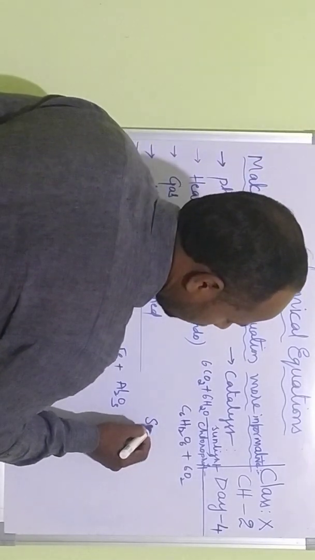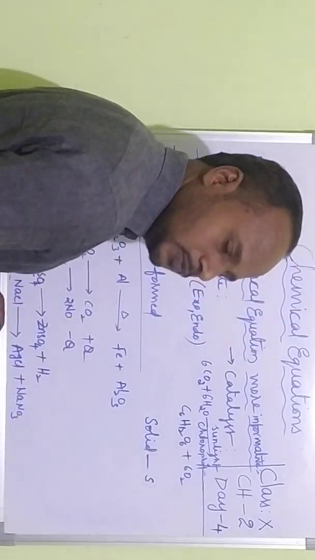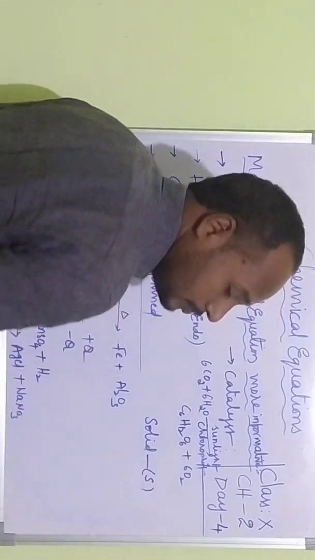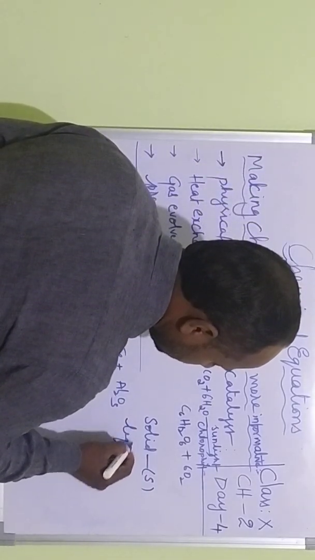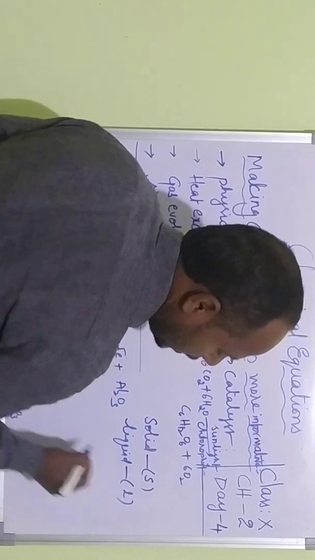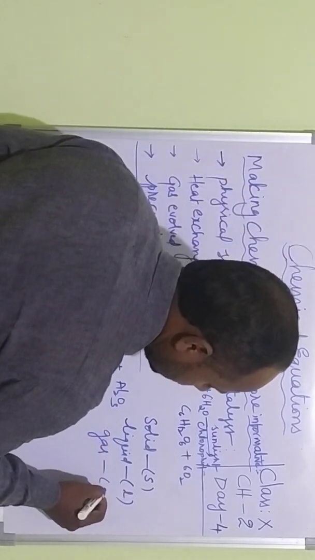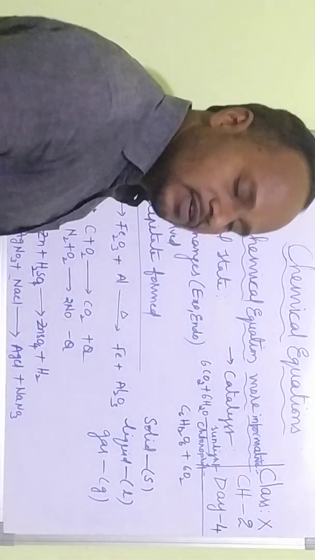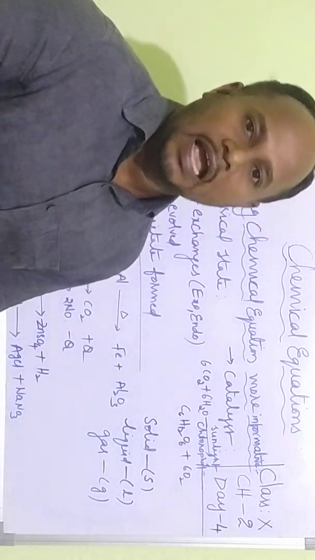For example, if it is solid, we use S in brackets. If it is a liquid, we use small l. If it is a gas, we use G. If it is aqueous, nothing but any substance dissolved in water,